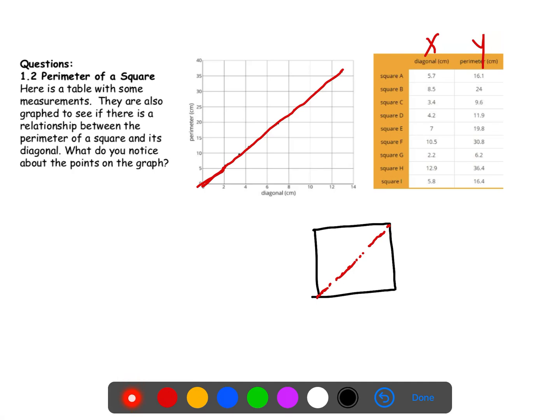And we could round that, let's say, to the hundredths place, which would equal a k value, a constant of proportionality of 2.82 if I round to the hundredths place. I would get the same thing for square b, but it actually has different values after the hundredths place, but based on how we would round, if we rounded to the hundredths place, it would be the same constant of proportionality. But now if I drop down here to square g, and I divide 6.2 by 2.2, I would get